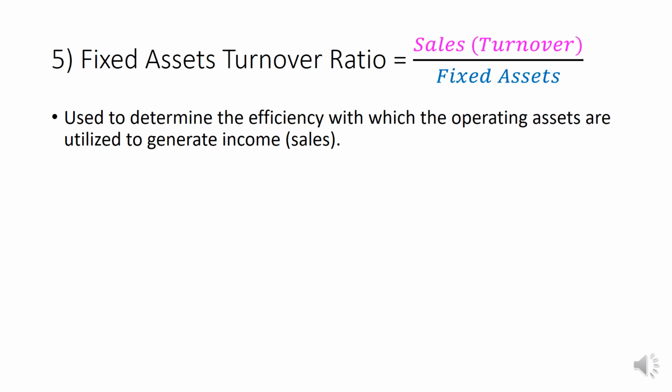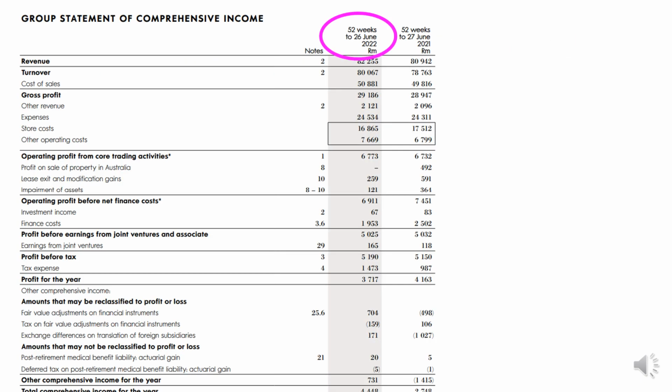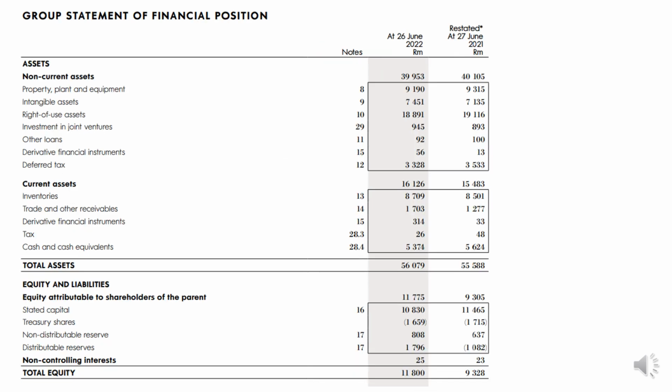Calculation number 5 is our fixed assets turnover ratio. This is where we take our turnover or our sales and we divide it by our fixed assets. And this is used to determine the efficiency with which the operating assets are utilized to generate income or our sales. We are going to have a look at the statement of comprehensive income. We're looking at the year 2022 and we're looking at the turnover or the sales amount, which is 80,067. Then we move on to the statement of financial position, and we are going to have a look at our non-current assets in blue, which represents, in the year 2022,